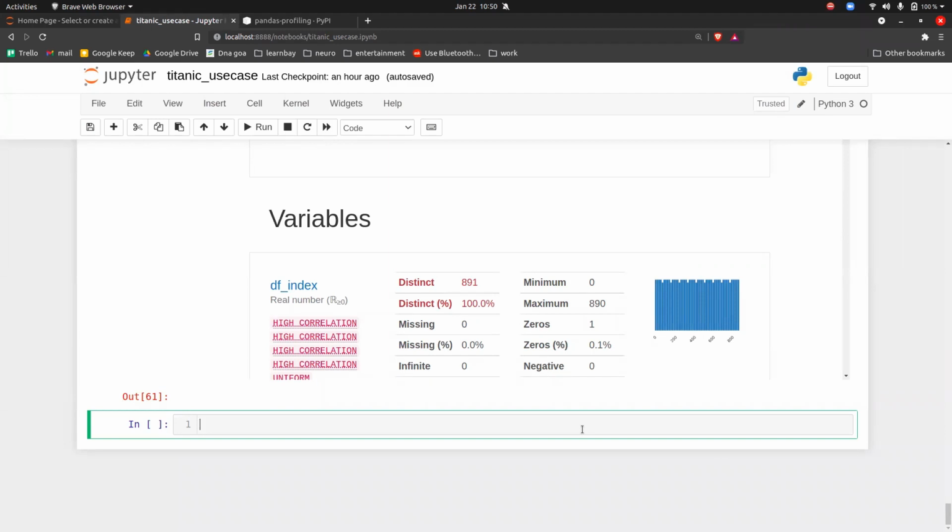Clear to everyone? So you can play with this. Whenever you are playing with new data, you can always use pandas profiling to generate a basic report for you, so that you can analyze the data more clearly, more quickly, and better. So this is what we call pandas profiling.